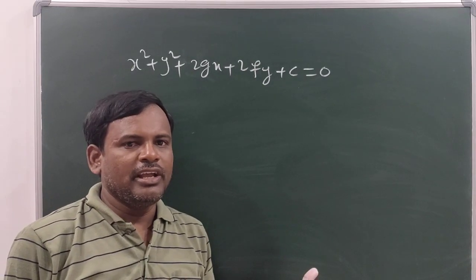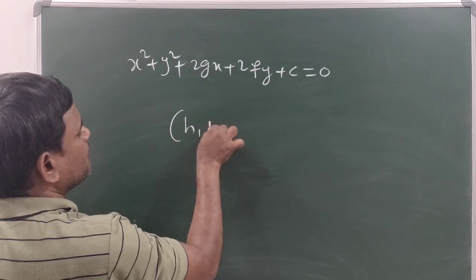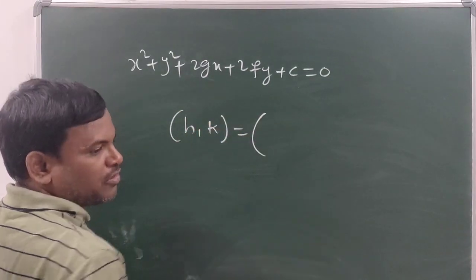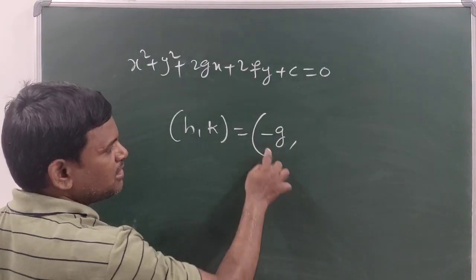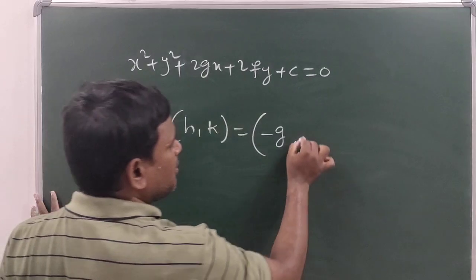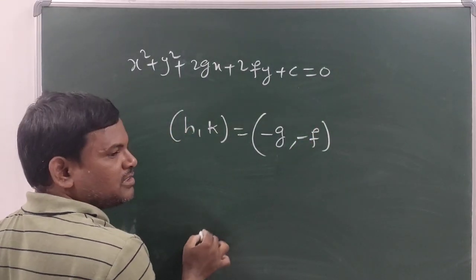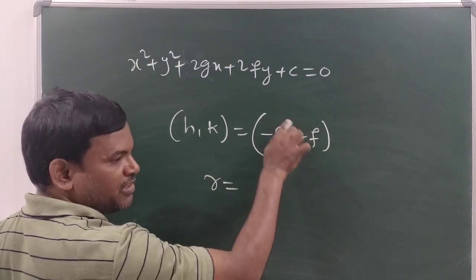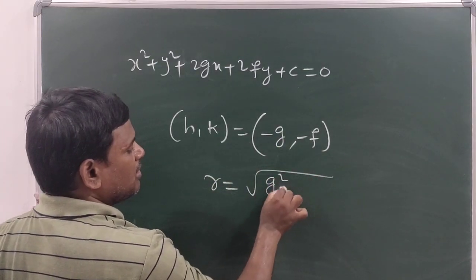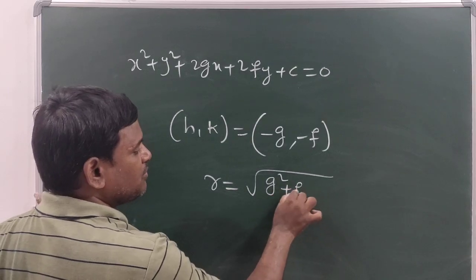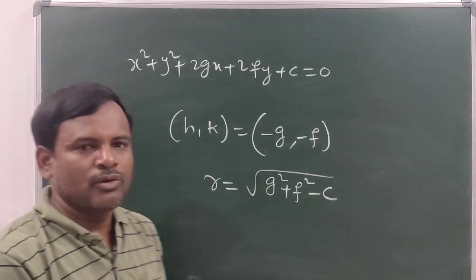If you write a equal to 1, then the center will become, so in the previous one minus g by a we got, no, only minus g will come, because in the place of a we are writing 1, here minus f, this is the center, and for the radius, in the previous formula put a equal to 1, so that we will get the radius as root of g square plus f square minus c. Okay,